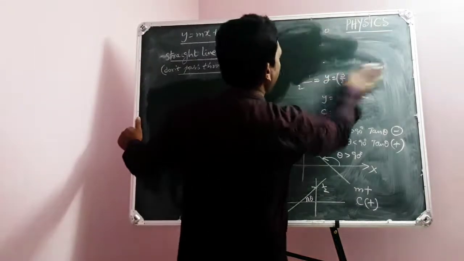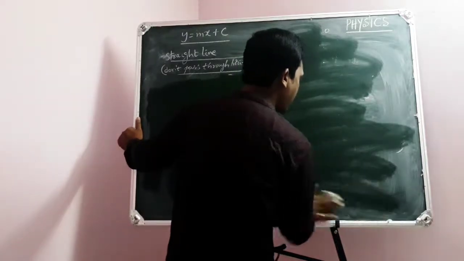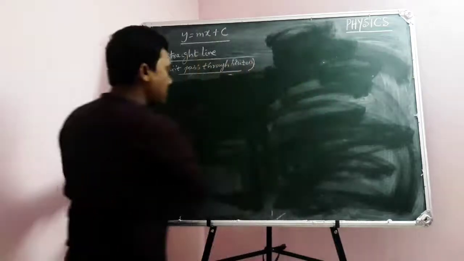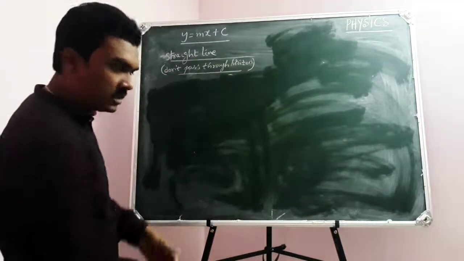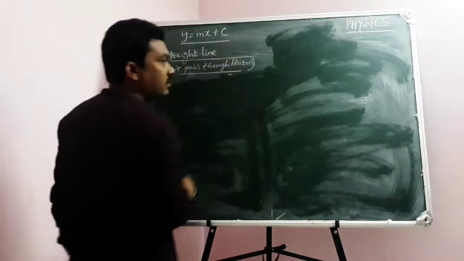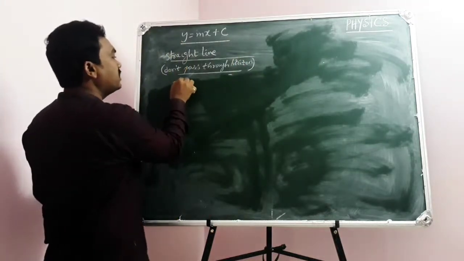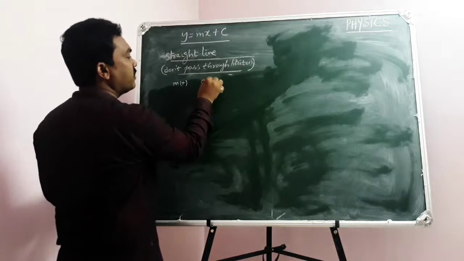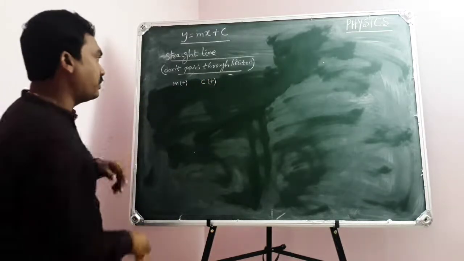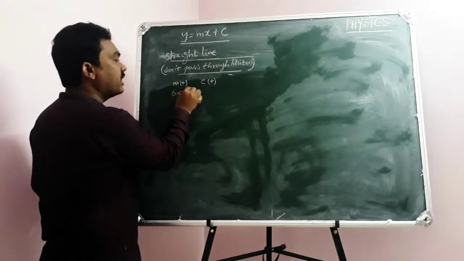These are all examples, of course, to understand what y equal to mx plus c is and what the possibilities are. But the main point that you need to note down here is what we are going to discuss now. When we are dealing with y equal to mx plus c, what possibilities do we have? First, m is positive, c is positive, the first possibility. Slope must be positive, y-intercept positive. Slope positive means the straight line should make an angle less than 90 degrees.